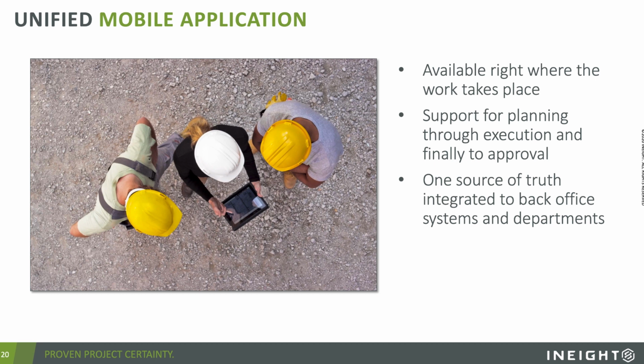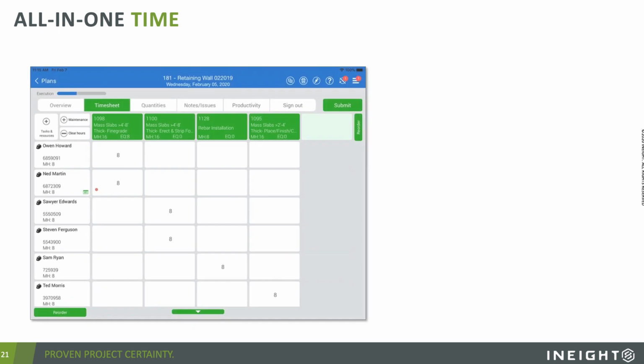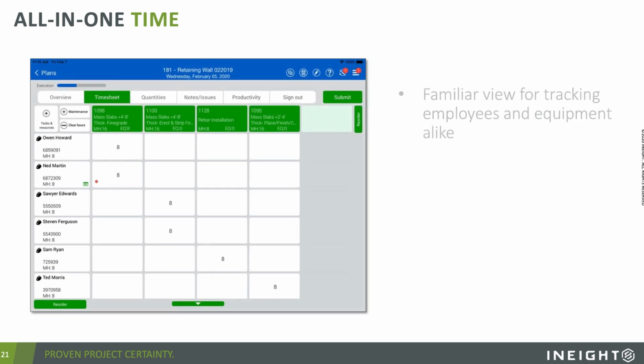No longer are you passing around a piece of paper and hoping that it hits every one of those different places. With the approval of that one unified time card, it is shared throughout all of the different systems, reports, dashboards, whatever metrics need to be tracked based on those items, in one push of a button. That mobile application then allows for all-in-one time tracking.